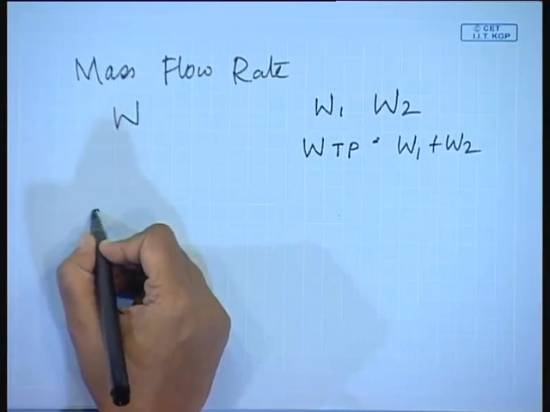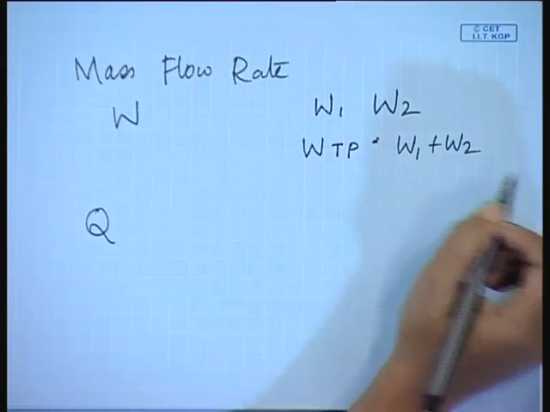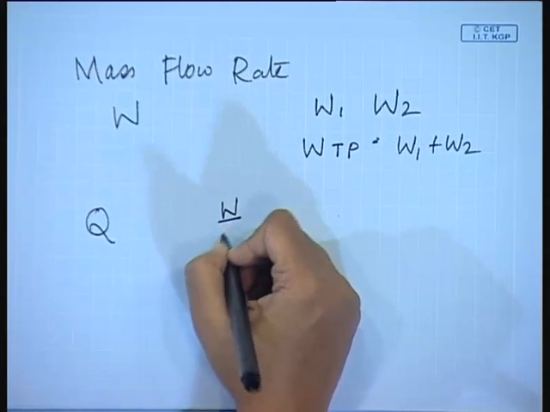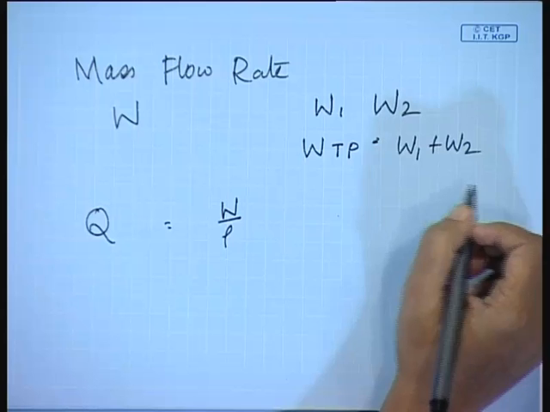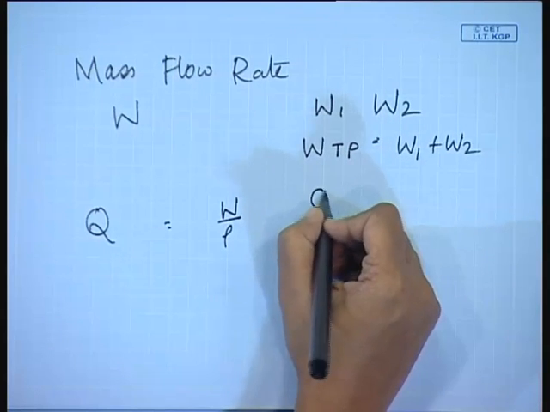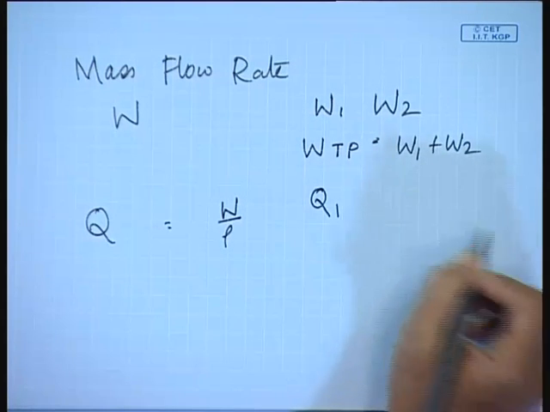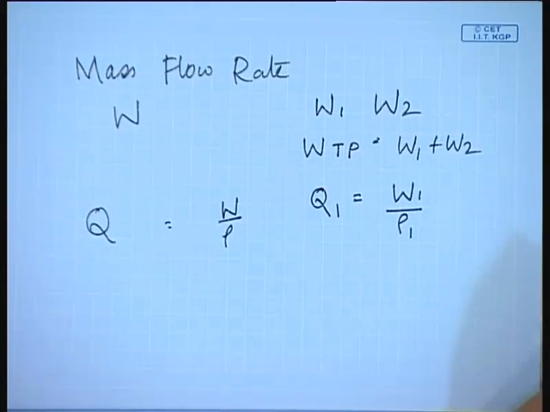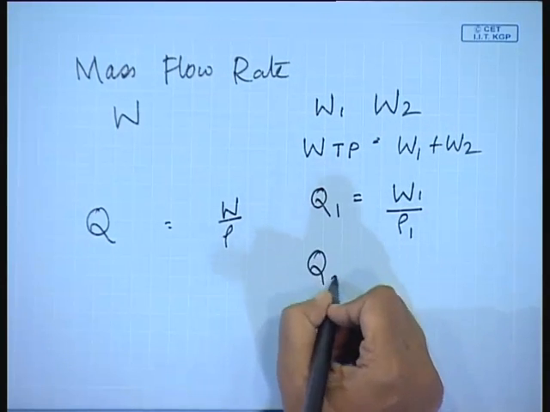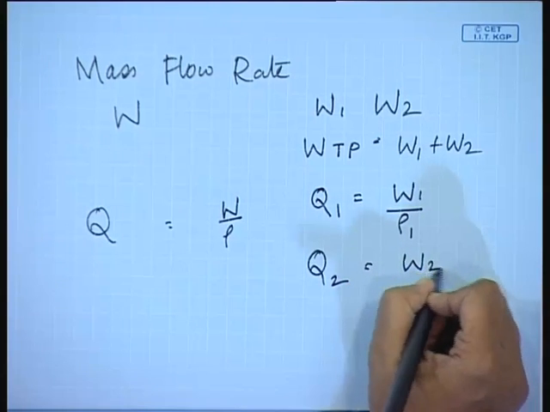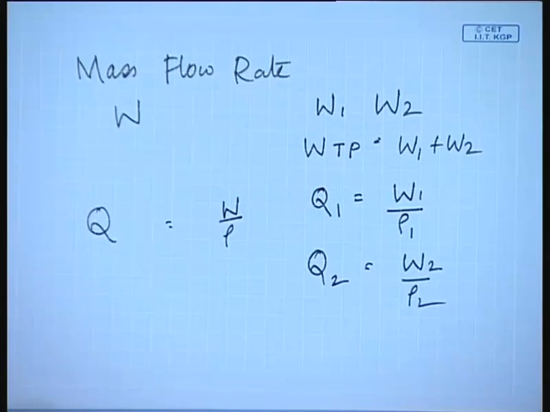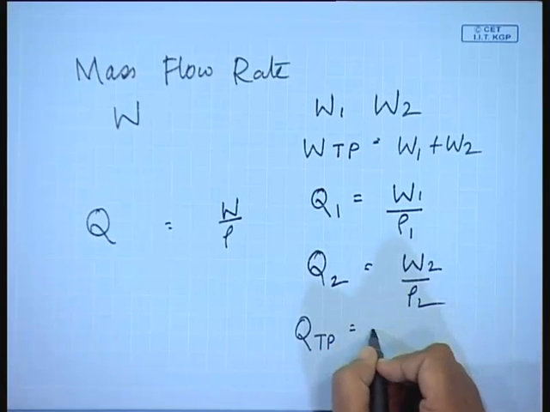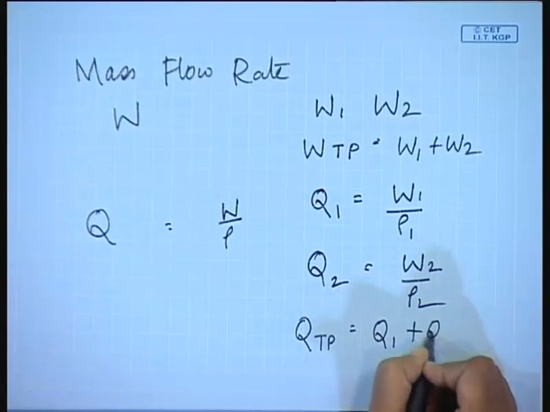Next, we have the volume flow rate Q. Okay. How do we define it? It is nothing but W by rho, isn't it? For two phase situations, what do we have? We are going to have a Q1, which is nothing but W1 by rho 1. We are going to have a Q2, nothing but W2 by rho 2, and we would also have a Q two-phase, which is nothing but Q1 plus Q2,